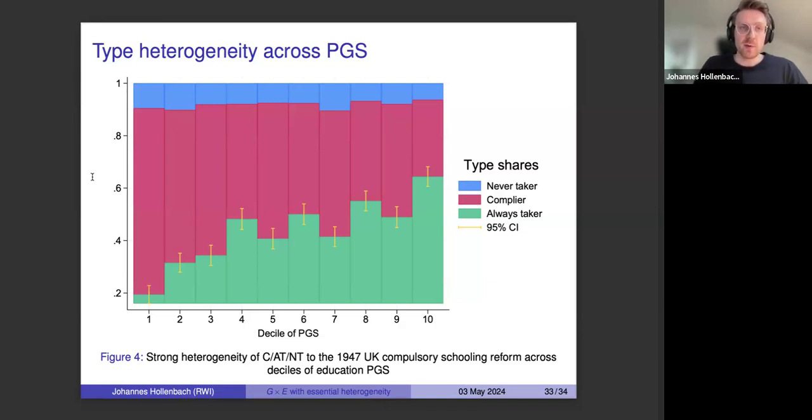And what you would be able to say when, for example, looking at marginal treatment effects, is that the people who benefit the most from the reform are the ones who would otherwise, without the reform, not have taken on more education. So in a sense, the reform is even more salient because it actually targets the people you want to target, namely the people who would not have taken on more education. So that's why you care. I hope it answers your question.